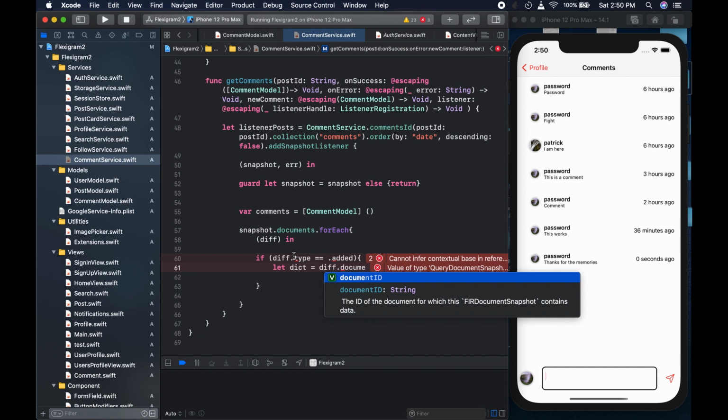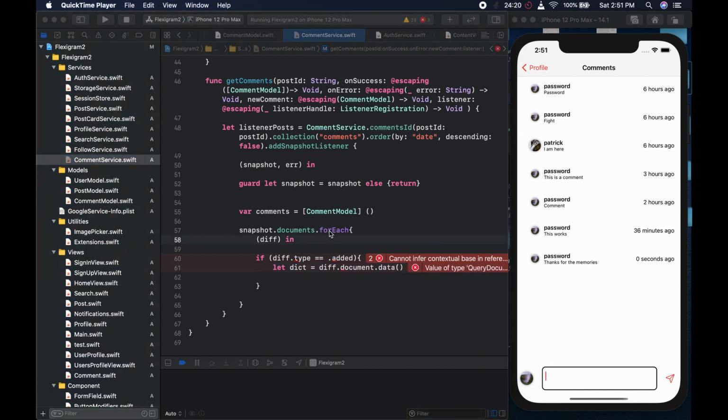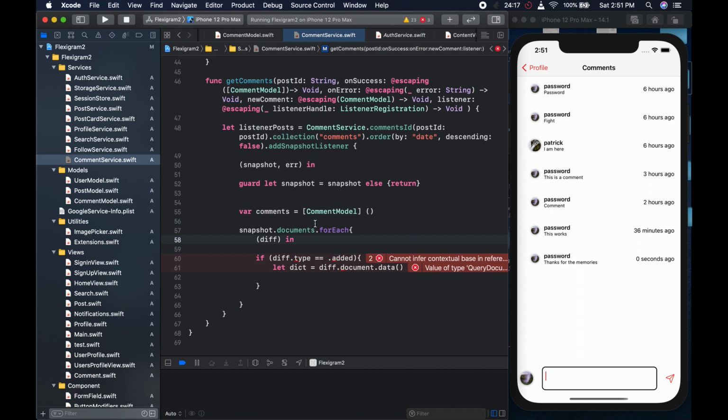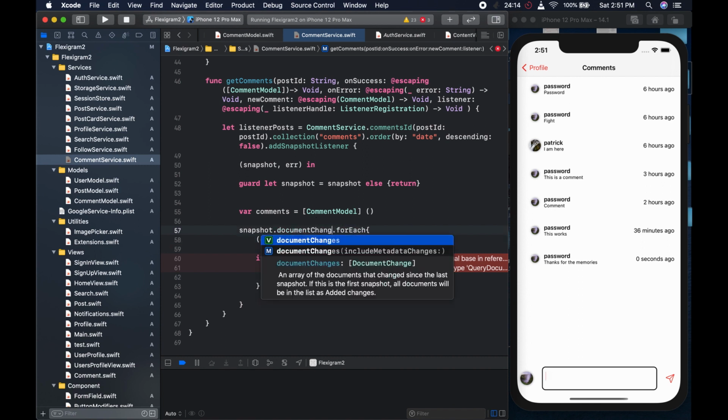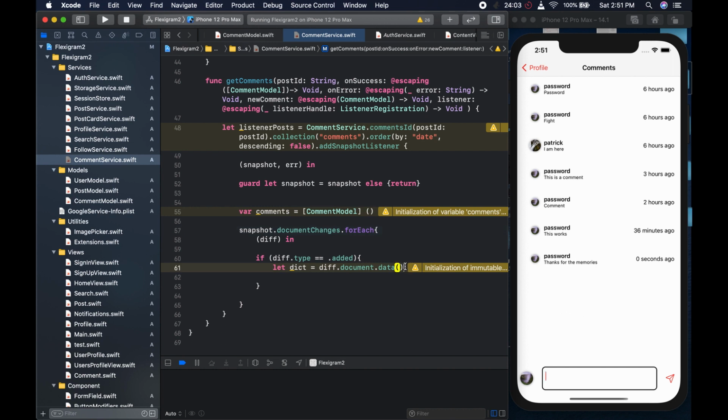Wait, why is it complaining? Diff dot type. The type is going to be dot added. Okay, diff dot document dot data, like so, right? It's supposed to be snapshot dot document changes. We're listening to the changes, right? And for each, first we could have diff in. The first one, in the case we have added a comment, you can only add a comment so far, you can't delete. But if we do that, we're going to say guard